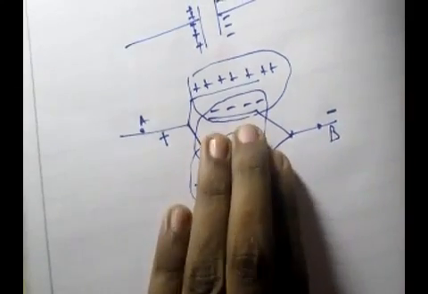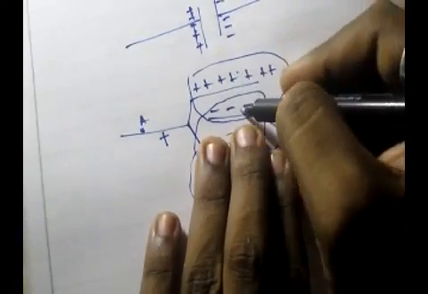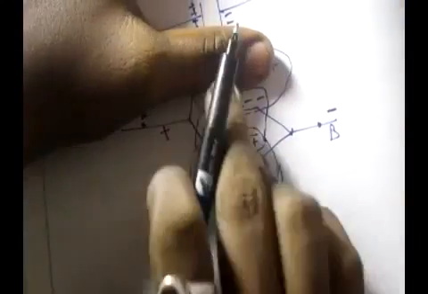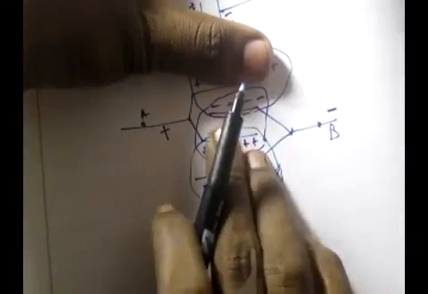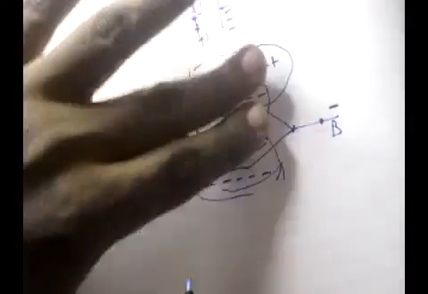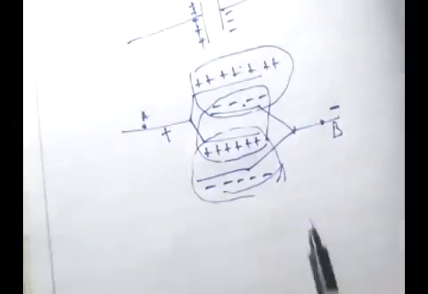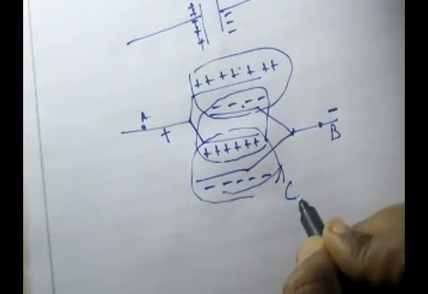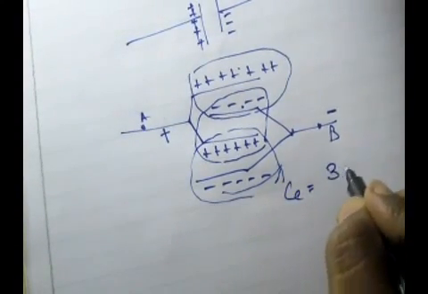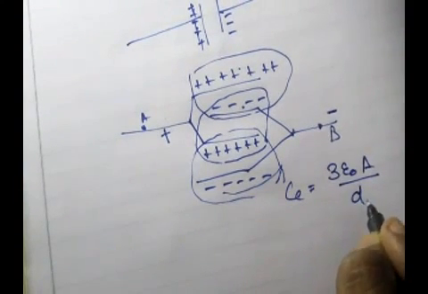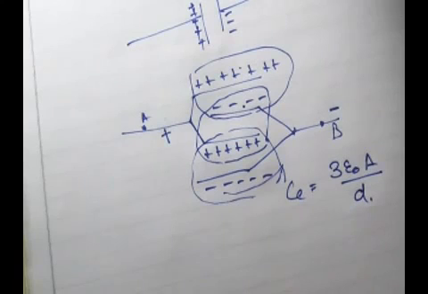Now close these two things, positive and negative, one capacitor. Close these two, positive and negative, two capacitors. Close these two, and it becomes positive and negative, another capacitor. So the net equivalent capacitance comes out to be 3 epsilon naught A by D. Okay,